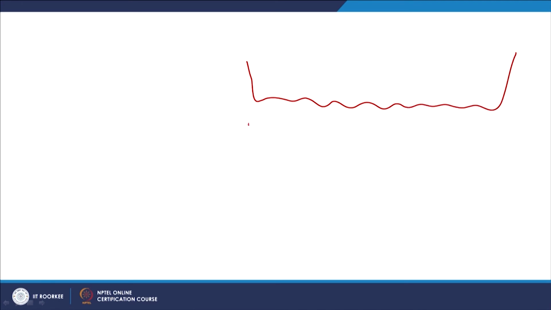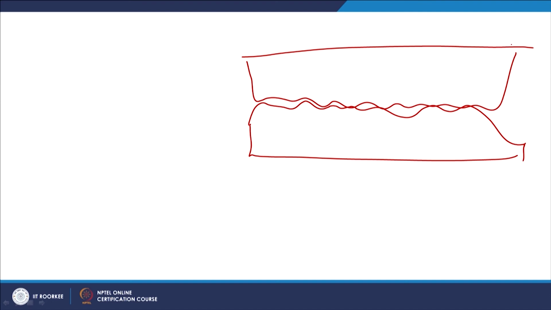Say this is one surface and this is another surface in contact. This is one component A, this is another component B, and the two are in contact with each other at very localized points, like this one, this is another, and this is another. There are just 4 points, for example, which are very small in terms of area. The cumulative area of these 4 locations where the components are in direct metal to metal contact is very small.